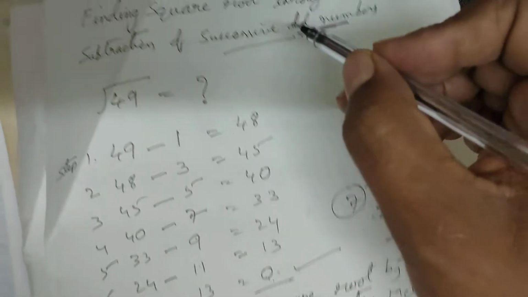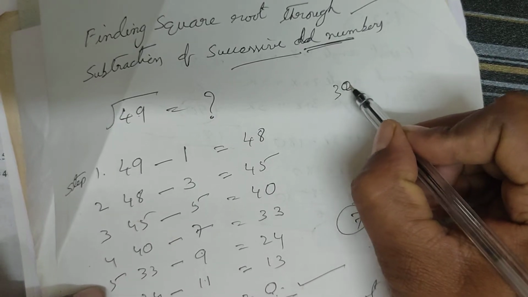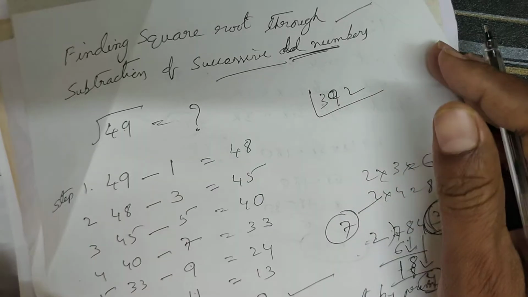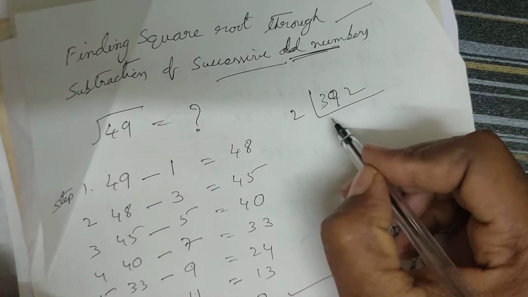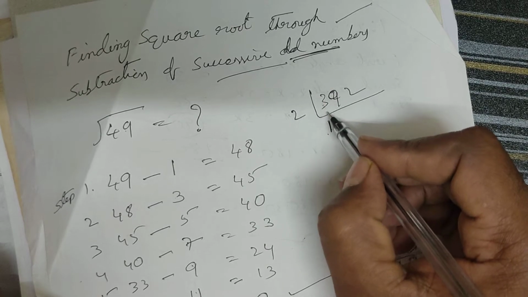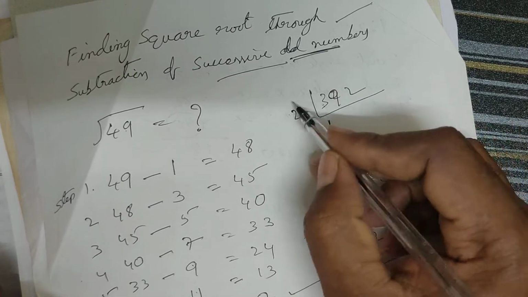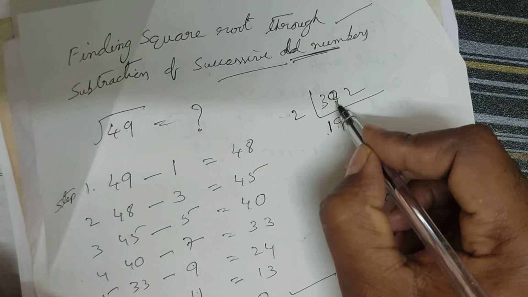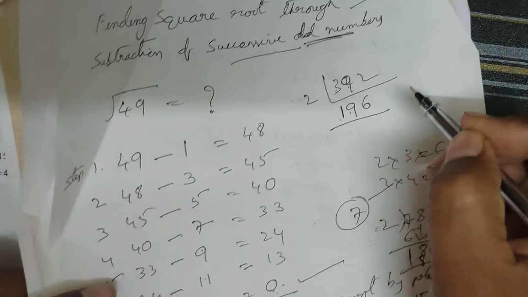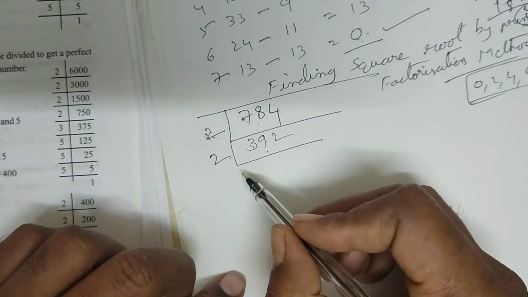If it is even, I said to divide with 2 only. Now, how to divide 392 with 2? Just now I said, same. 3 is there. First you have to go from left to right in division. So 2 ones are 2. From 3 subtract 2. You are getting 1. Take 9 down. 19. 2 nines are 18. 19 minus 18 is 1. Take 2 down. 12. 2 6s are 12. So the same way you have to do the division.